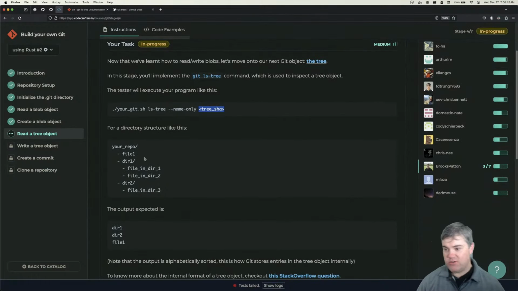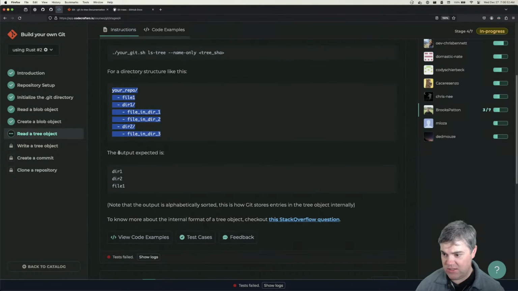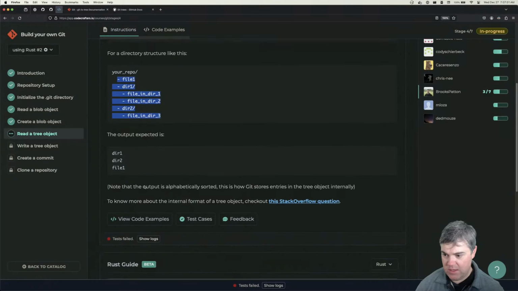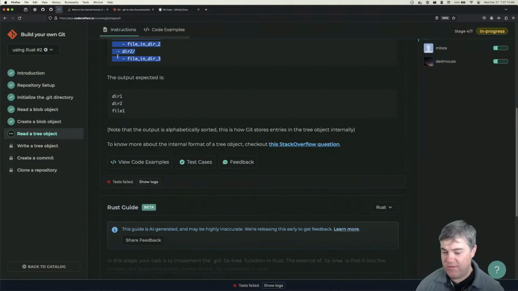For a directory structure like this, okay, so we have our repo with files and dirs, the expected output would be dir1, dir2, file1, so basically just the names at the top level. Note that the output is alphabetically sorted. This is how Git stores entries in the tree object internally. To know about the internal format of a tree object, check out the Stack Overflow question. Okay, so we have a few things to look into. First of all,